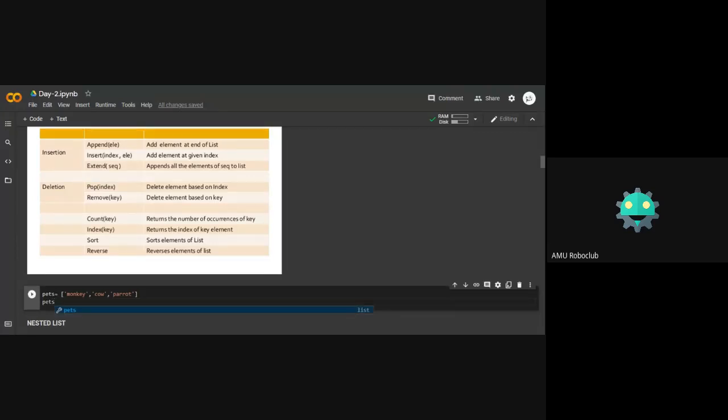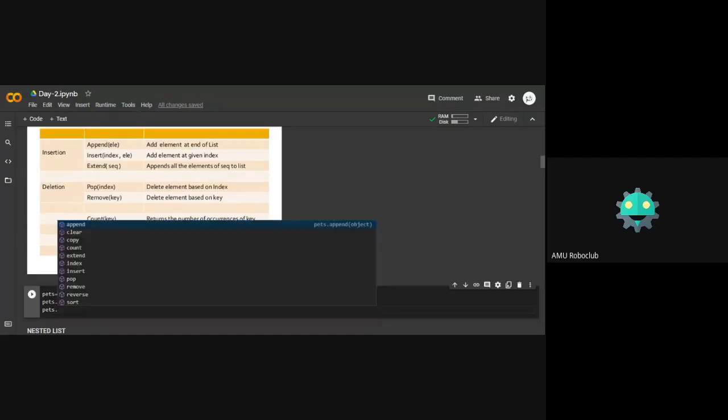Okay, now let me just do pets dot append. Whenever I do append, the item is added to the end of the list. And if I do insert, I'll give the index element.